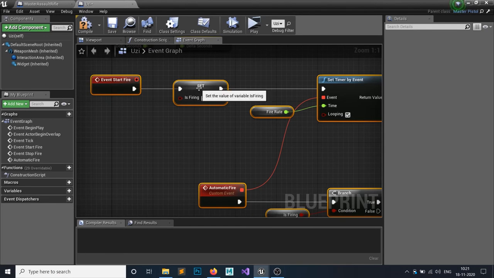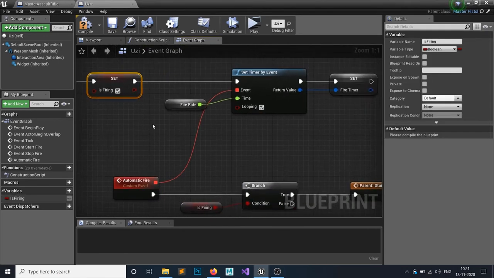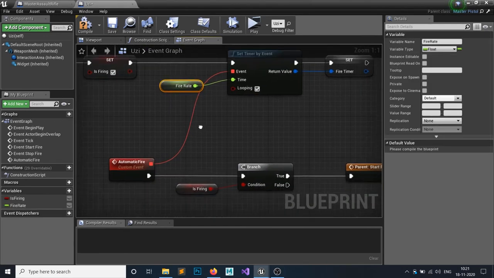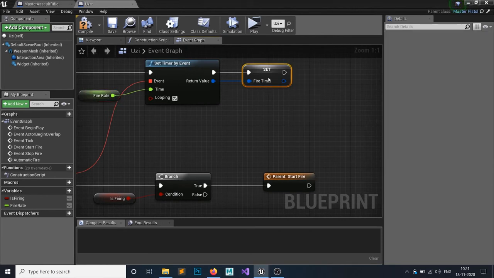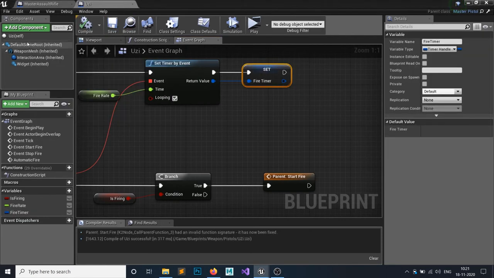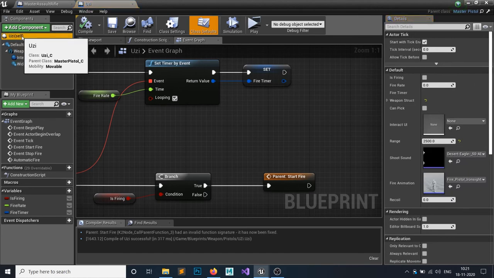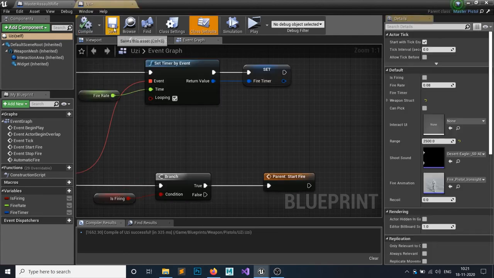Automatic fire. So let's create a Uzi fire rate and a fire timer, compile, and if you click on this actor self, you can edit all the things. So my Uzi fire rate is 0.08 seconds because Uzi fires very fast.